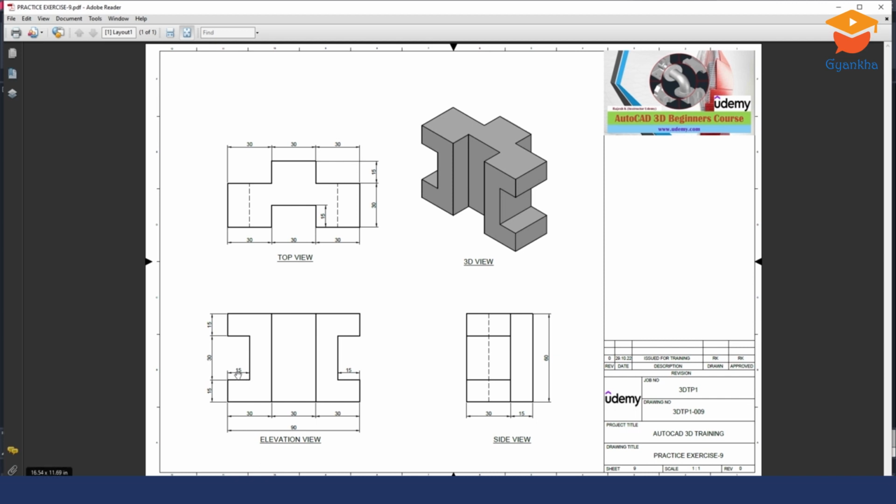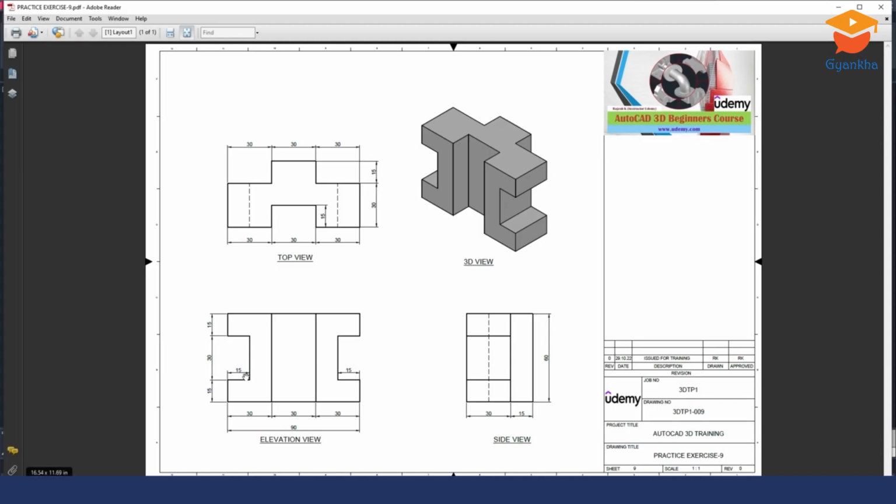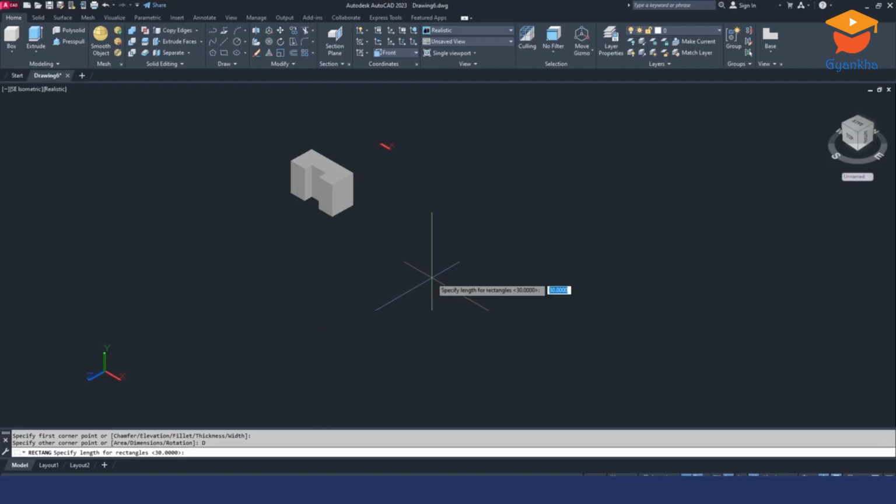This location you can see horizontal 50, vertical 30. Go to here, then select here front. You can see you will get it X and Y like this. This is our working plane. Then go to the rectangle, click any location, go to the dimension, make it dimension horizontal 15, vertical 30,